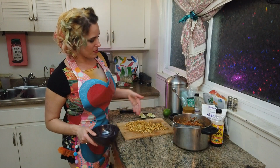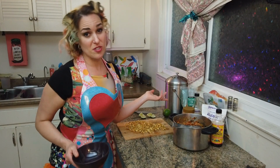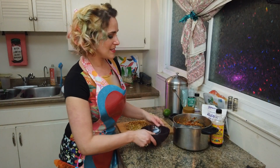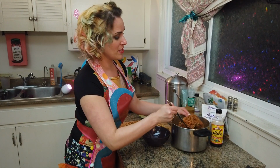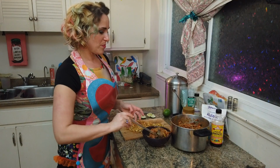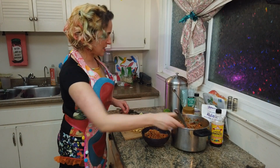So now that we have prepped all of our veggies, sauteed everything, cooked everything, mixed it all together, I chopped up those cashews, or of course you could use peanuts, which is a little bit more traditional. And I'm just gonna serve it. I went for the rice noodle style because I really wanted to try these red rice noodles. Pretty much just use the chopped nuts to